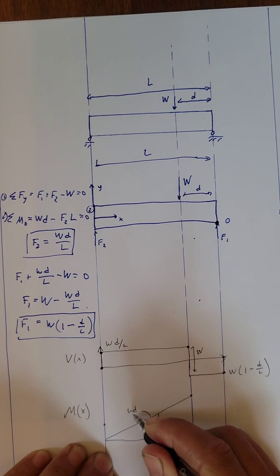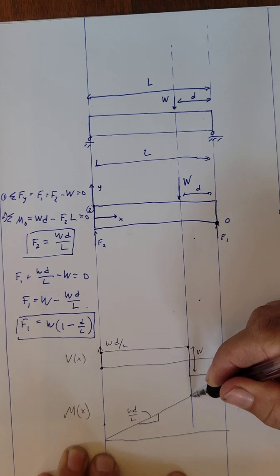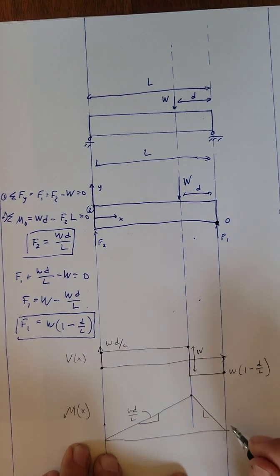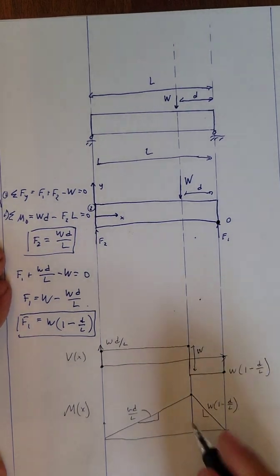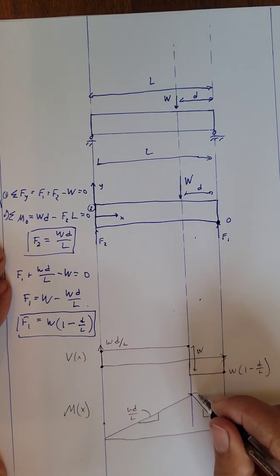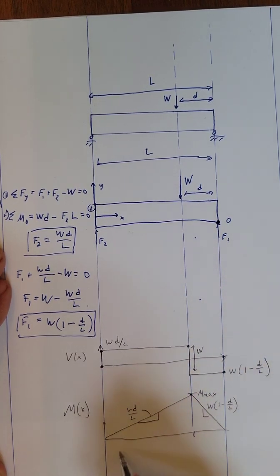So we can say that that's WD over L. On the opposite side, this is negative, has a negative slope, which is going to be equal to W times 1 minus D over L. Right? And we can see that the maximum magnitude of moment occurs at the location of the applied loading, right? If we call this M max. So this distance here